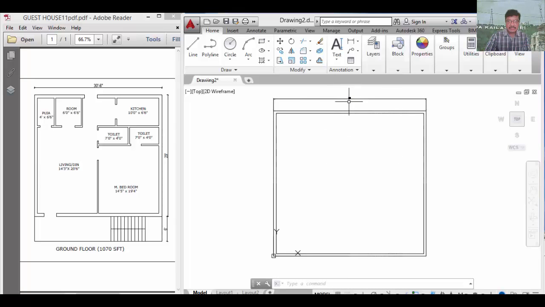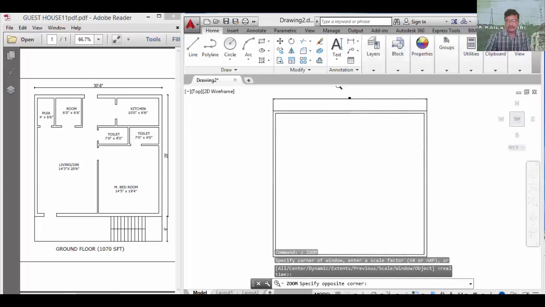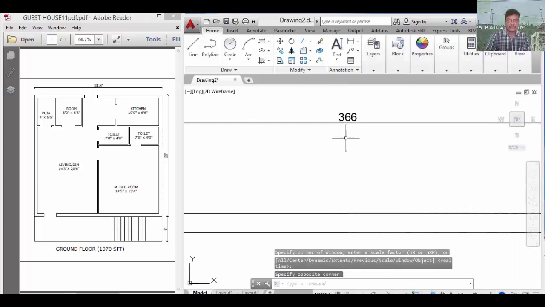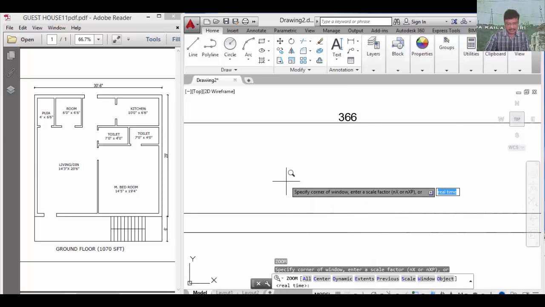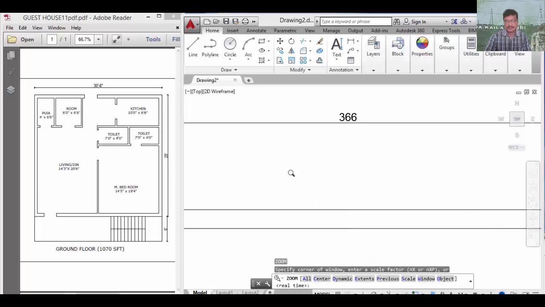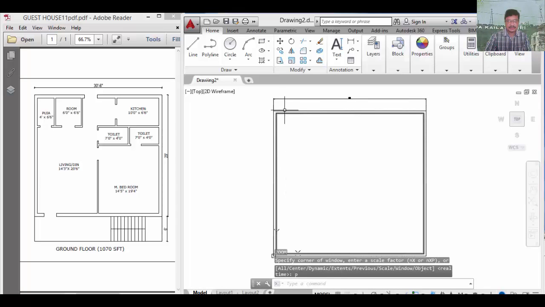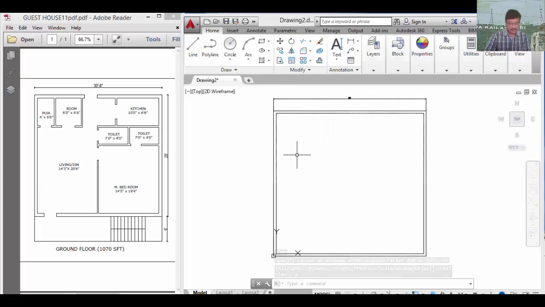But this dimension is not in this style. Zoom it and observe. So this is not like this. So again go back. Zoom previous. Go to the previous zoom position. Now I want to change the dimension style. So go to